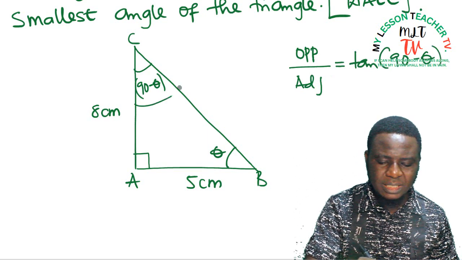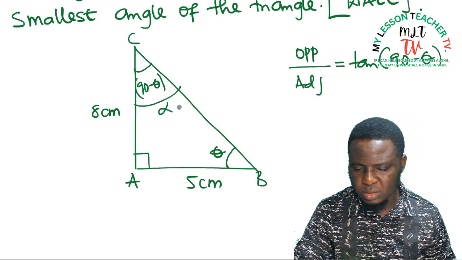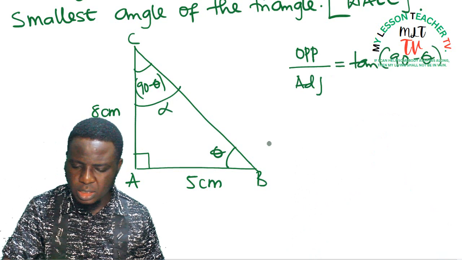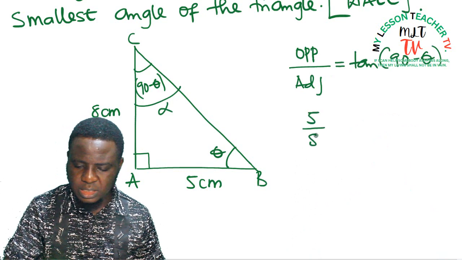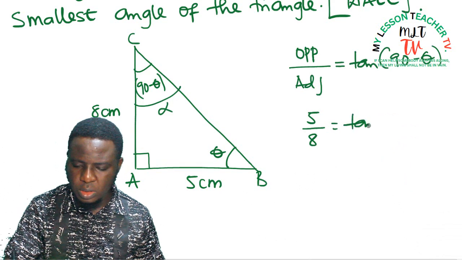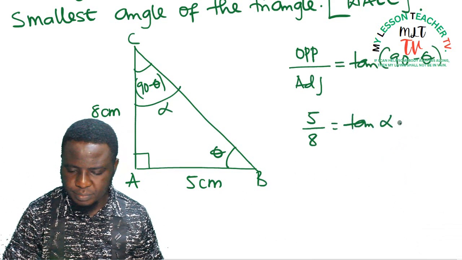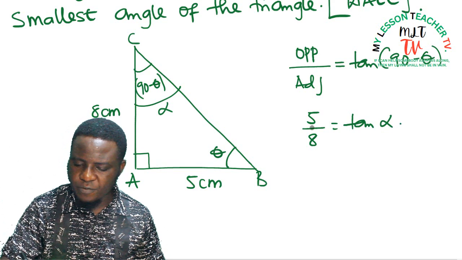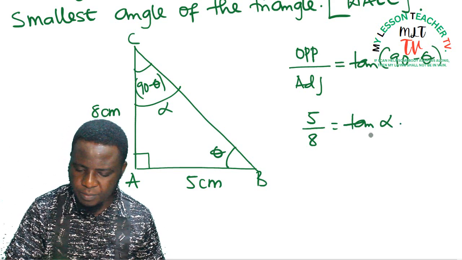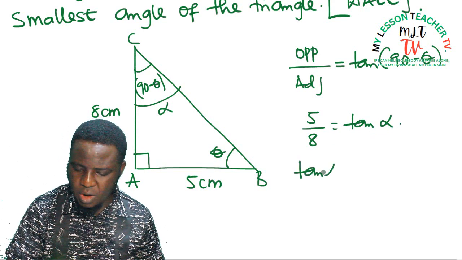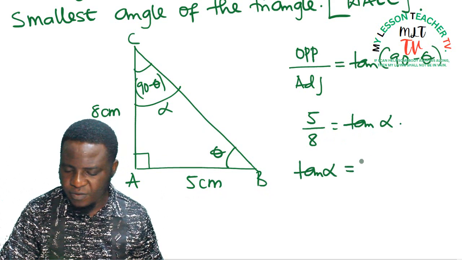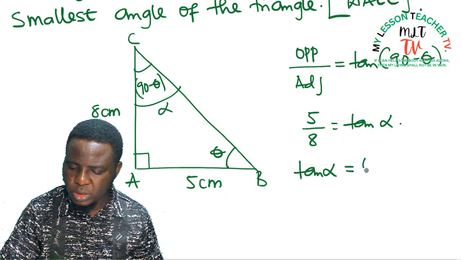Let's call 90 minus theta alpha, so that we can say 5 over 8 is equal to tan alpha. So tan alpha is equal to 5 divided by 8,